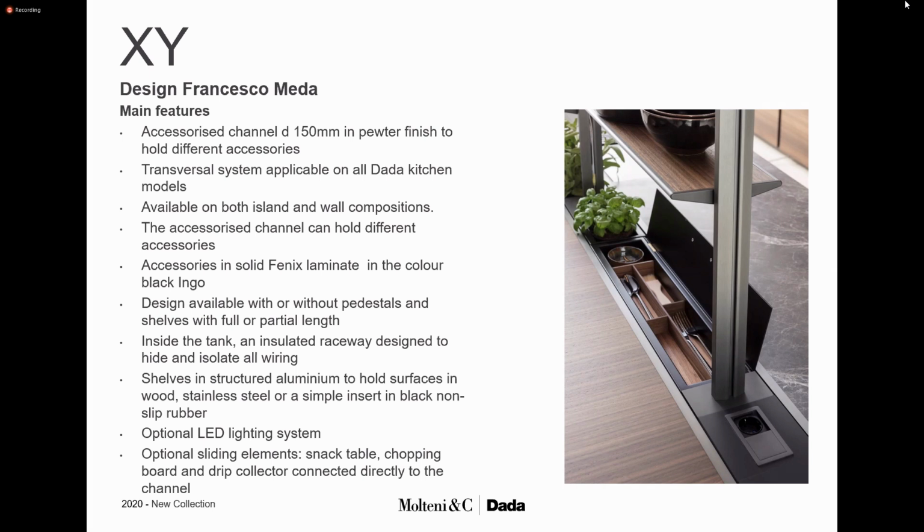The equipped channel can hold a lot of different accessories. All the coverings of this equipped channel are available in Phoenix black ingo finishes. So we are not talking about a chipboard panel dressed with the Phoenix finishes, but in this case we are working with fully HPL panel, so there are no issues with water. And for the water that could be lost from these accessories, the dish drainer for example, underneath this equipped channel there is a kind of tank that recovers all the water that could be lost from